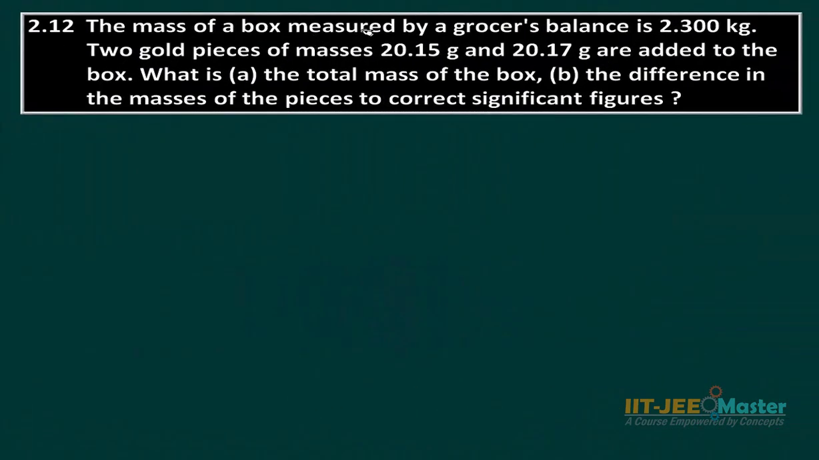The mass of a box measured by a grocer's balance is 2.300 kg. 2 gold pieces of mass 20.15 gram and 20.17 gram are added to the box. What is the total mass of the box? And the difference in the masses of the pieces, to correct significant figures. Let us add the total mass. That will be in grams, it will be 2300 gram. There are 4 significant digits here,